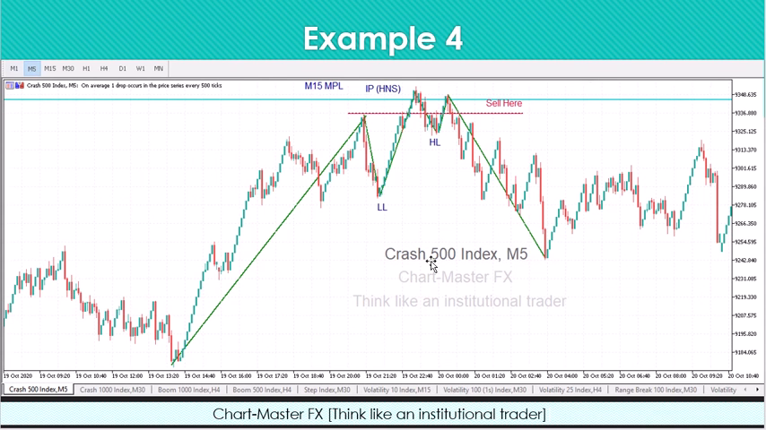Let's go to example number 4. On example number 4, here we have an MPL of M15. We are again on Crash 500. Here on Crash 500, guys, as you can see, what happened here, the head actually occurred inside the zone of